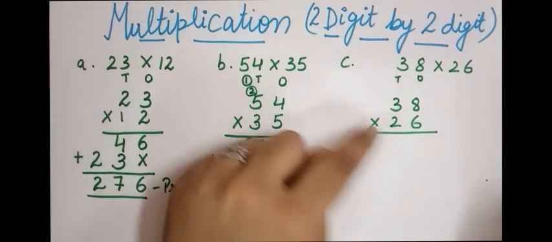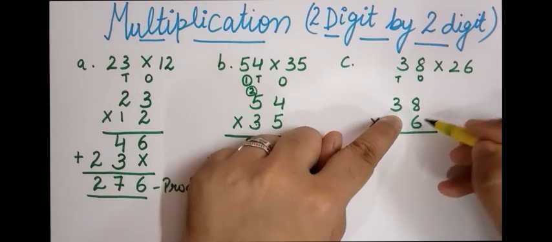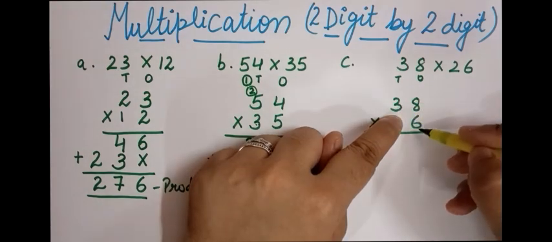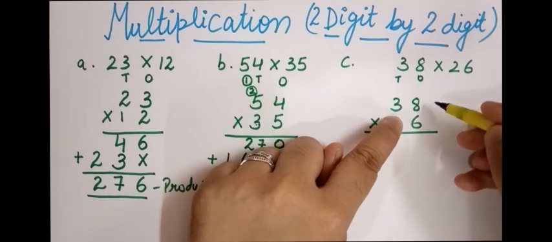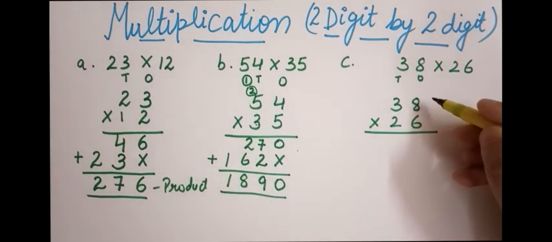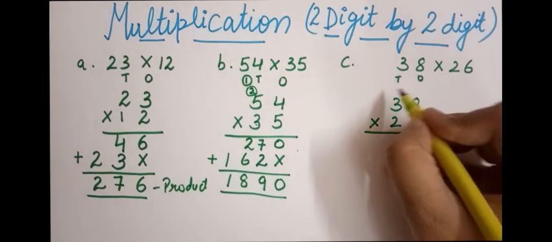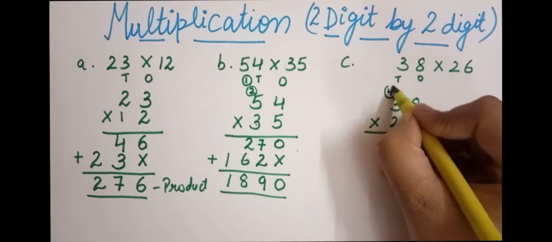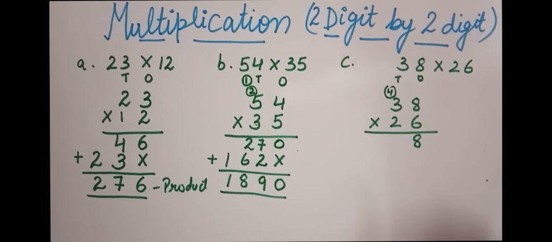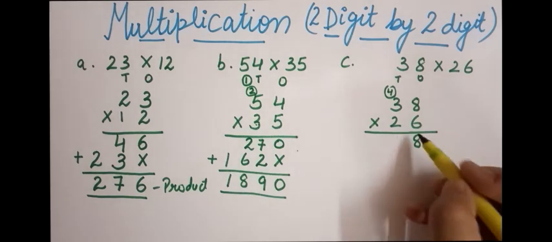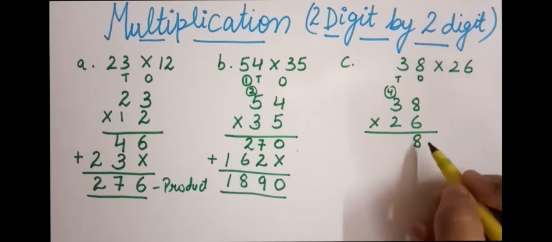Now again, first I'll not look at this 2. I'll be only looking at this 6. So first I'll multiply this 38 by this 6. So first 6 8s are, what is 6 8s? 6 8s are 48. Since it is a 2-digit number, 4 will be there as a carry and 8 I'll write down. Like we have done it before. Just like that, 6 8s are 48. So 4 is as a carry and 8 is here down.